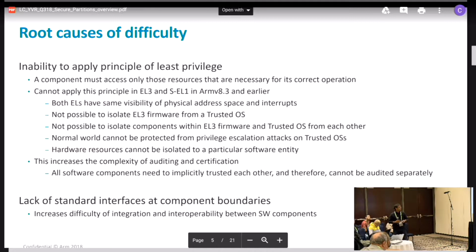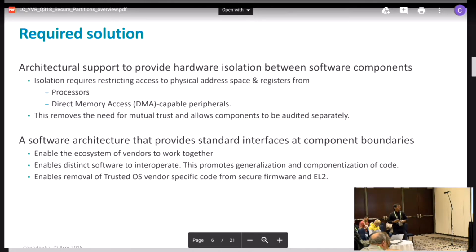So what we need is hardware-enforced isolation. What that means is restricting access to the physical address space and registers from processors and DMA-capable peripherals. Once we have this isolation, once a component knows that it can access only this part of the address space and these devices, then there's no need for mutual trust, and it would make it possible to audit that